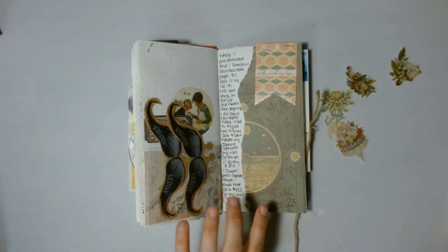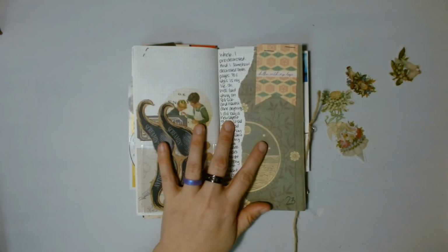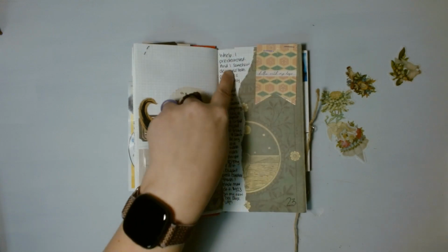Listen, I decorated, and somehow I decorated both pages. So all I had was this little...